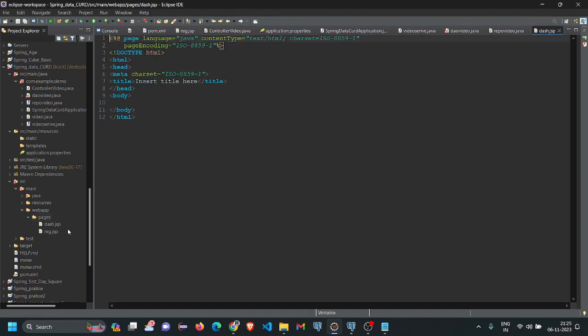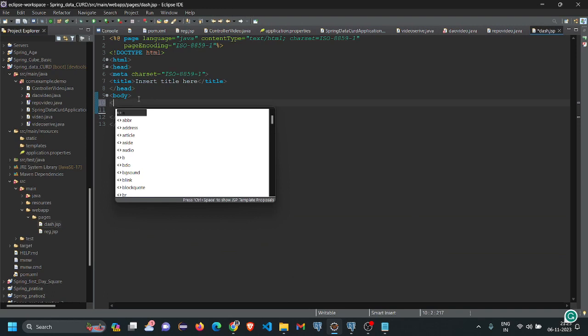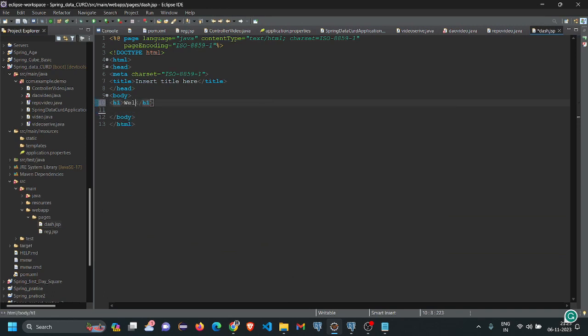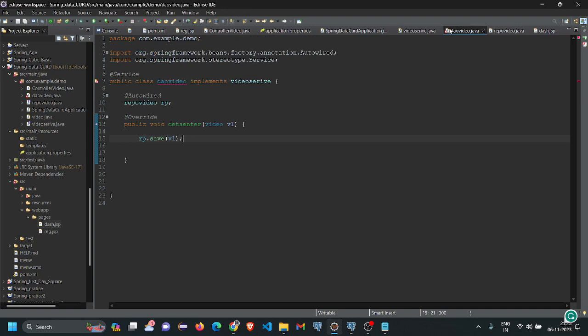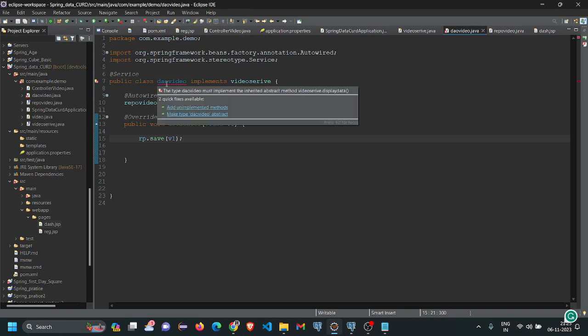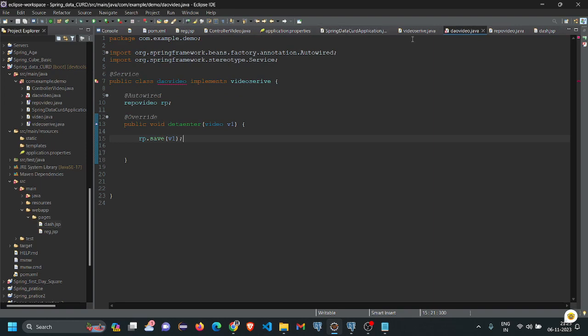Okay, in this dash.jsp we will just simply put something, for example, welcome to dashboard. Okay, and in this we have to just add that method we will put here into the